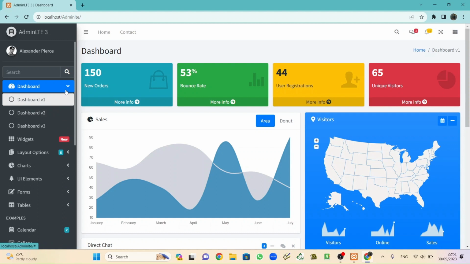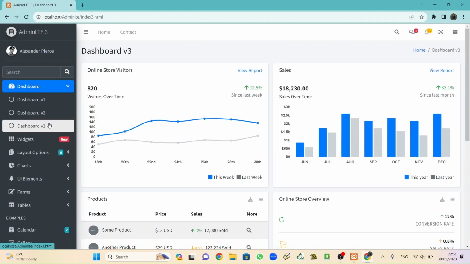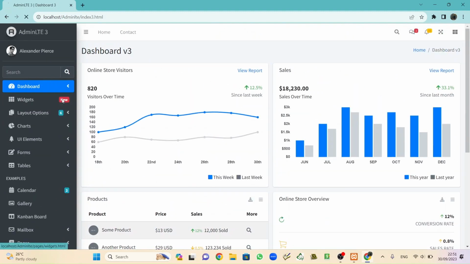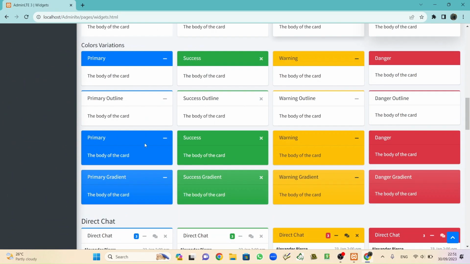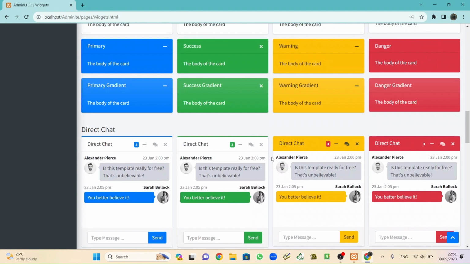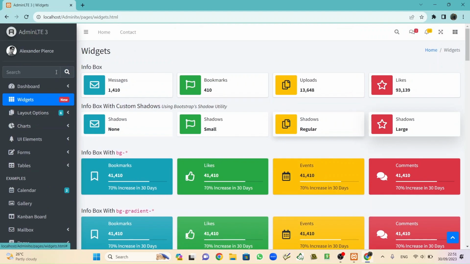Inside the dashboard there are three versions: this is the first version, this is the second one, and this is the third. Okay, and also there is a widget. There are a lot of widgets here. So there is a lot you can do with AdminLTE from Alexander Pierce.